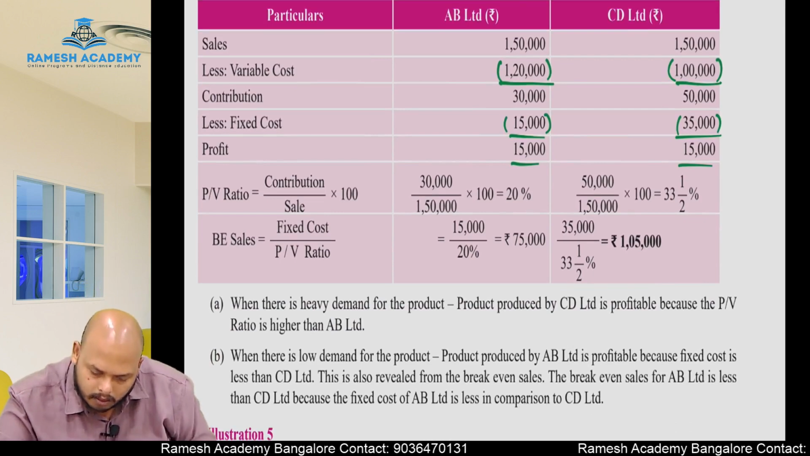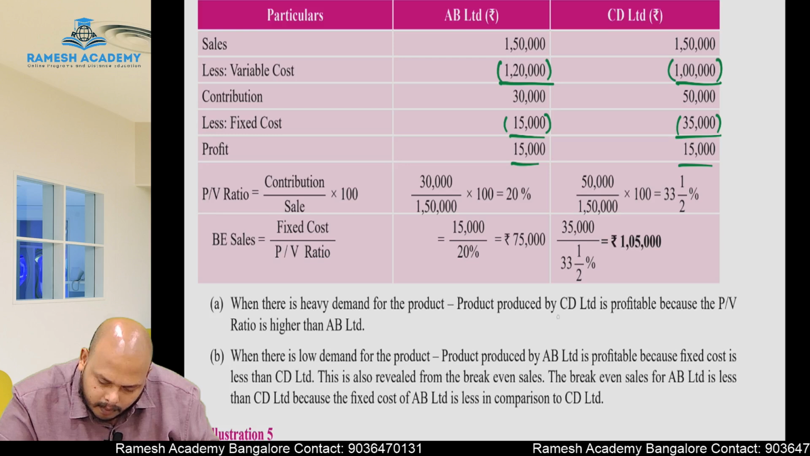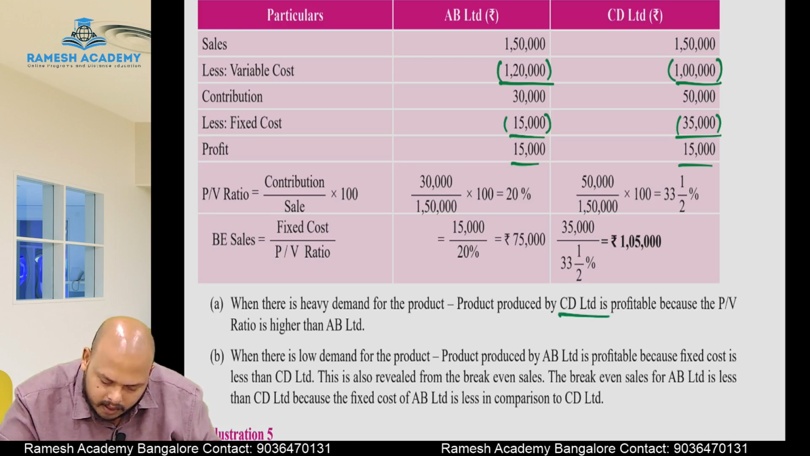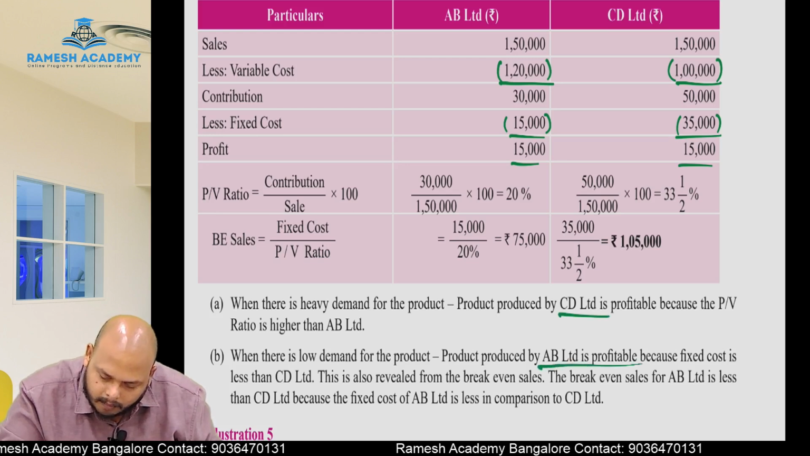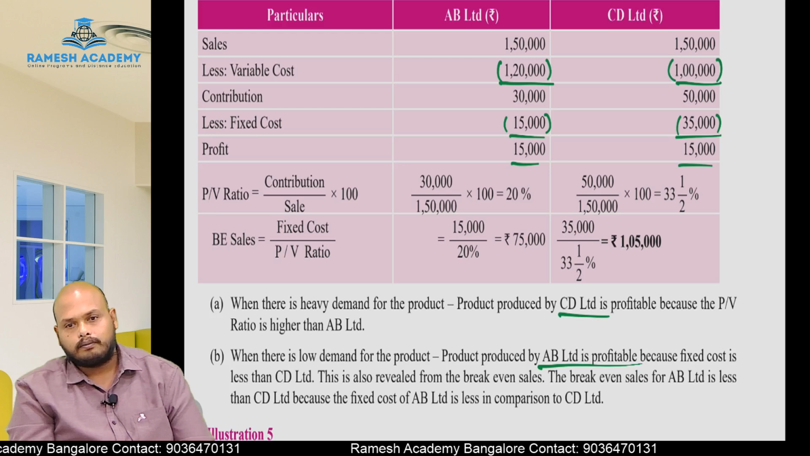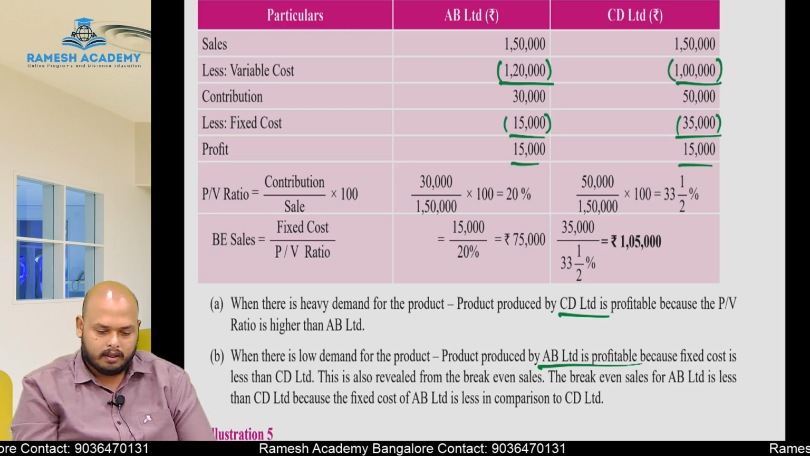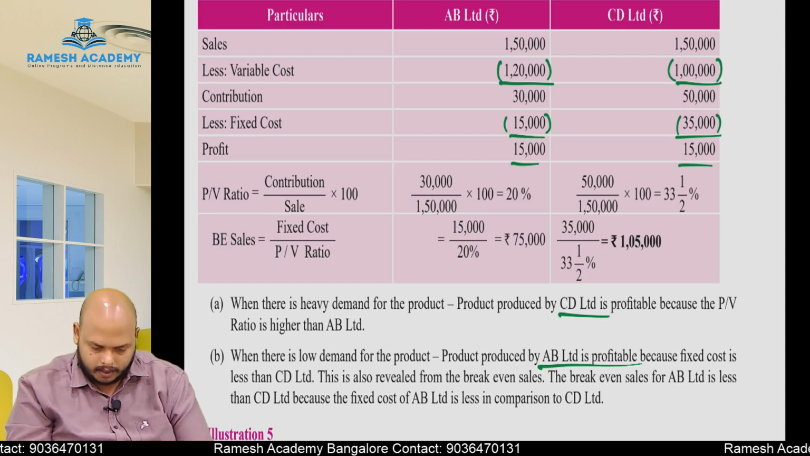See here. When there is a heavy demand for the product, CD Limited is profitable because its PV ratio is higher than AB Limited. When there is a low demand for the product, AB Limited is profitable. Understood, everyone? So this is how we have to calculate when there is heavy and low demand. Next,